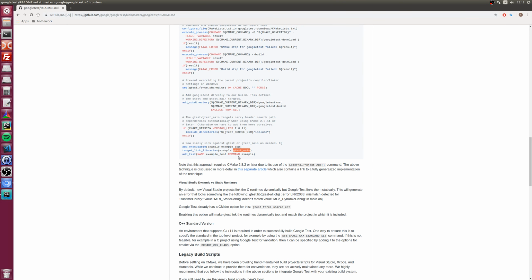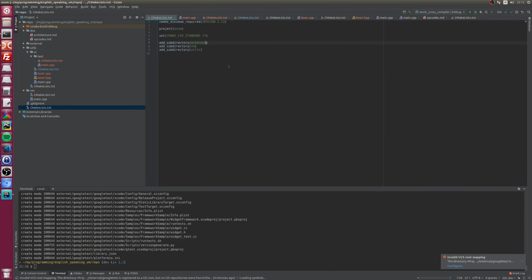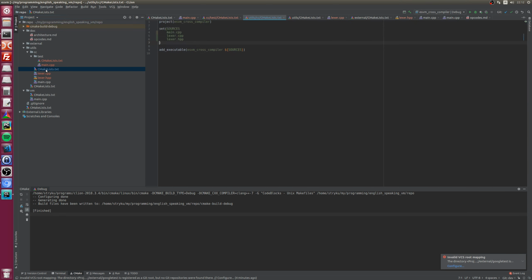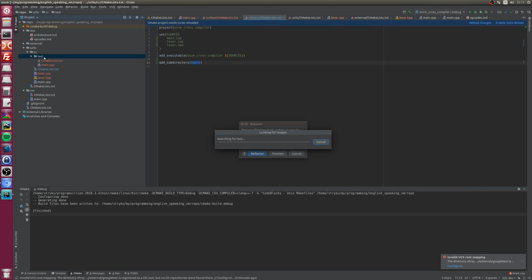Okay, let's just gtest main. It's a link to gtest main. Reload. Worked. Cool. Add executable, cool, but let's add subdirectory with tests actually. So let's rename it. Refactoring.